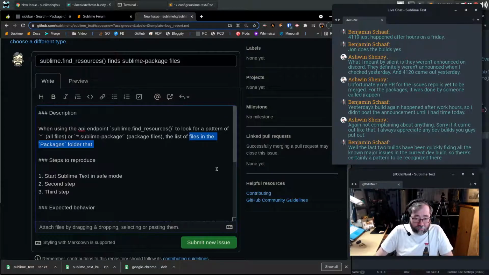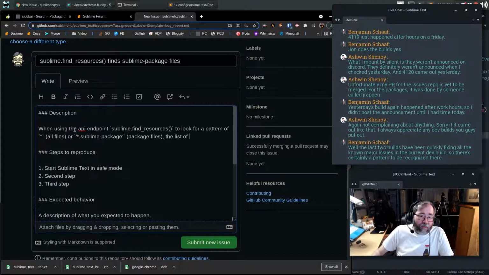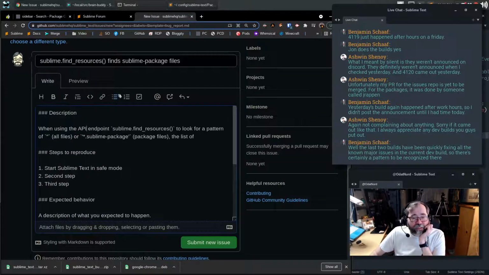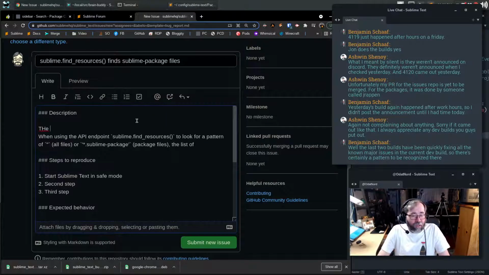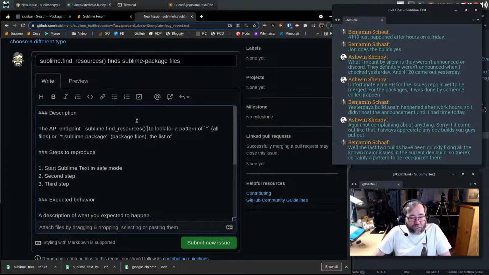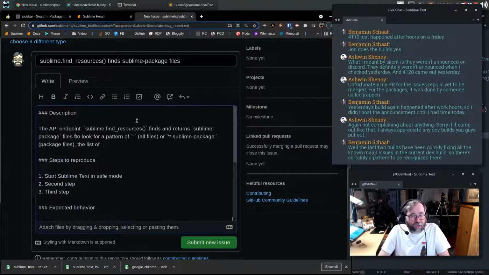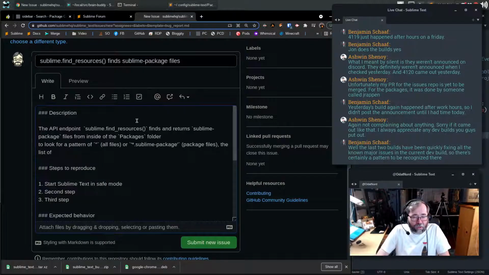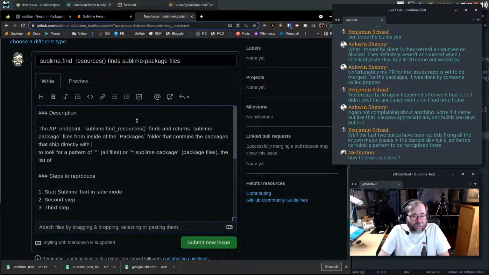Okay, let's change this. When using the API endpoint, Sublime find resources, to look for a pattern of all files or Sublime... Okay, let's change it this way. The API endpoint, Sublime find resources, finds and returns Sublime package files from inside of the packages folder that contains the packages that ship directly with Sublime.